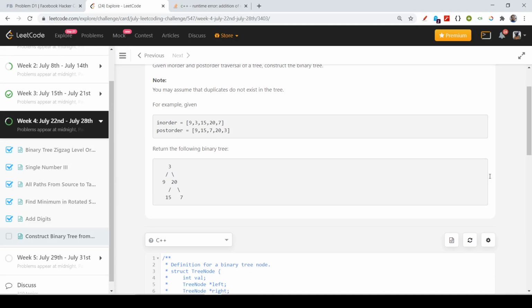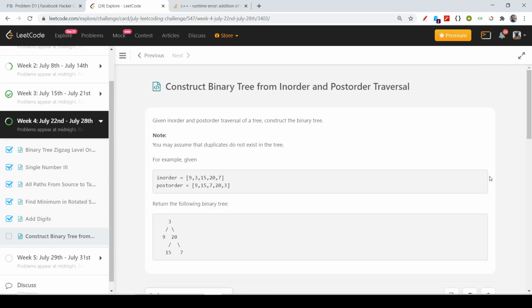Hello friends, welcome back, and in this video we are going to see how to construct a binary tree from in-order and post-order traversals. So first of all, the interviewer will ask you, do you actually know what in-order and post-order mean? If you are doing this question, you must be knowing what in-order is. But for those who don't know, I will quickly explain what in-order and post-order are and how, out of these two arrays, you can build your final tree.